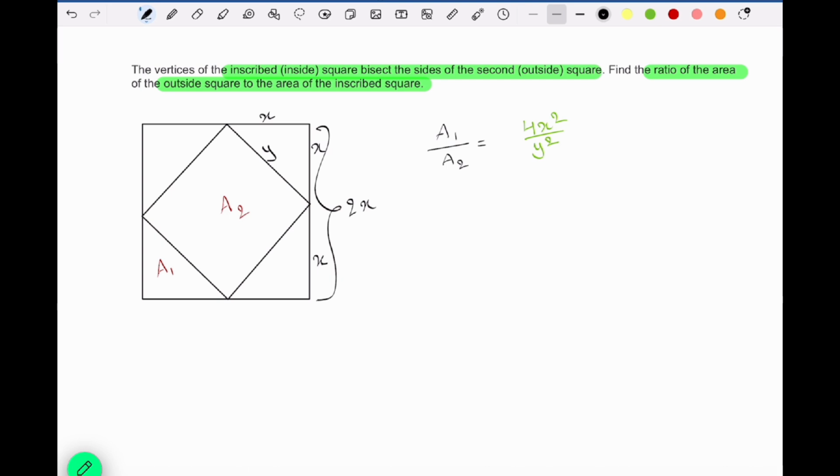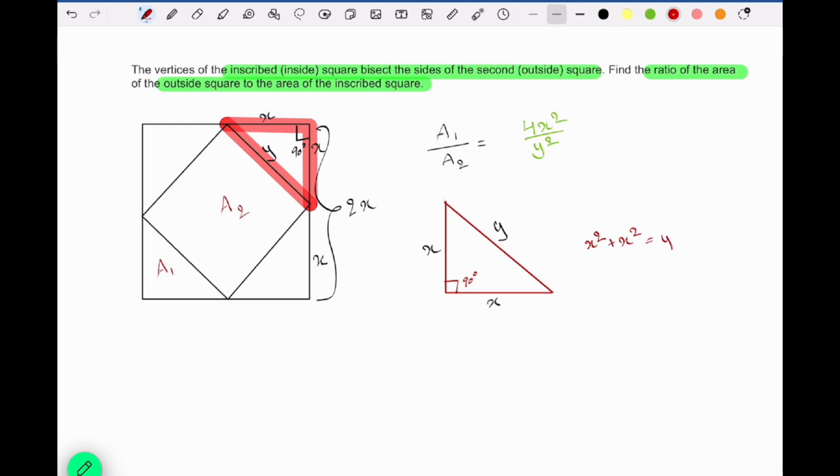And we also know at every corner of the square the angle is 90 degrees. As one angle is 90 degrees, we can treat it as a right angle triangle, right? So both the side lengths are x and the value of the hypotenuse is y. From the same right angle triangle, we know the sum of squares of the sides is equal to the square of the hypotenuse,